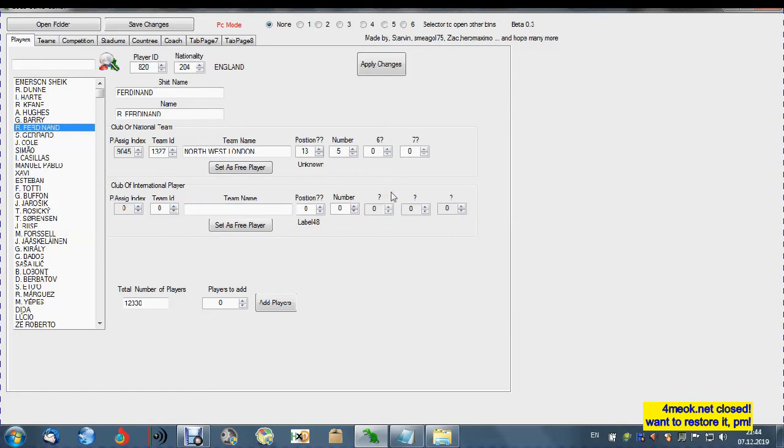You can see all that. After editing, you need to click on apply changes, then you can continue editing anything available. After finishing, we click on save changes, then using a program called